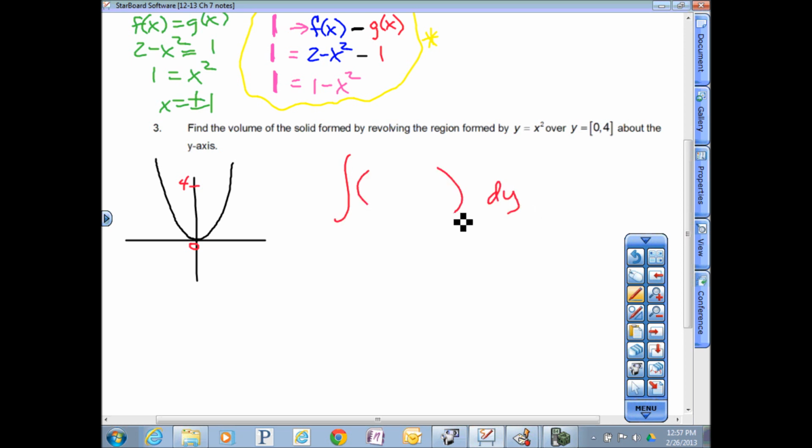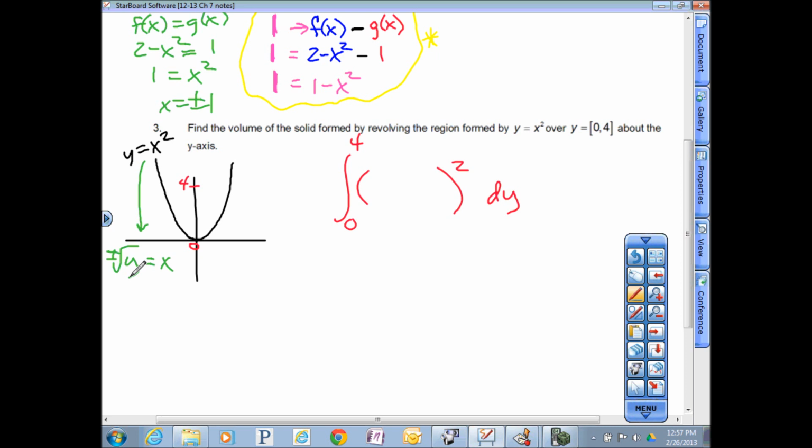So set up your disk method template. Now I just need to find some bounds. What are my bounds? I already know them. They're 0 and 4 because they're y values. But now, if this is y equals x squared, then that also means that this thing is the same as x being equal to plus or minus the root of y. Now with the plus being the right side of it and the minus being the left side of it,